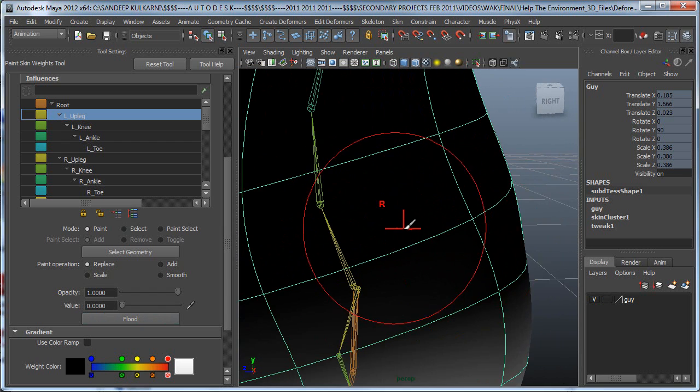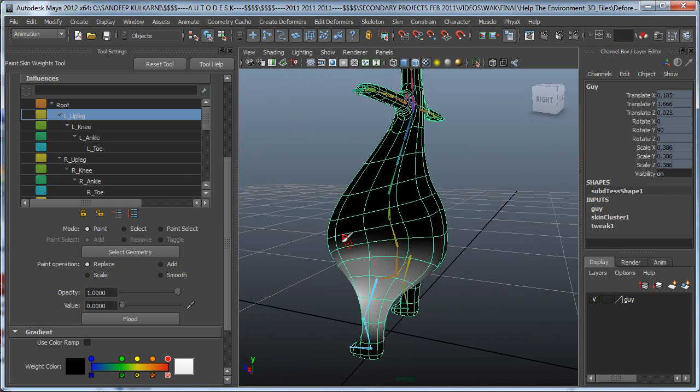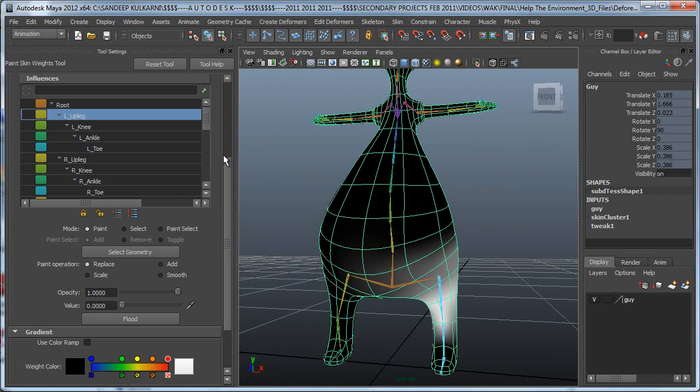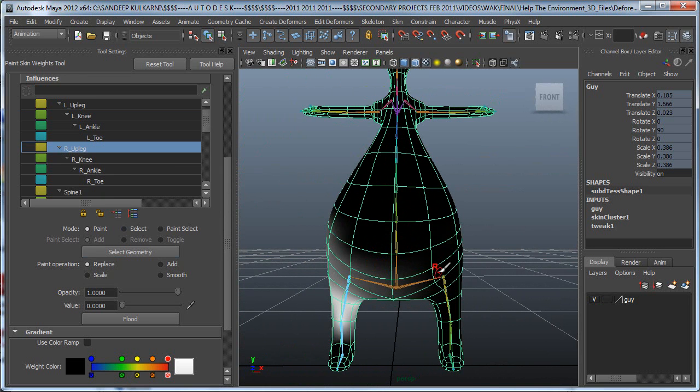And always remember, you do not paint on a face. You always paint on a vertex. It's all about weighting your vertices. You can see right there. So with that, you will start checking all the sides, and you can also mirror in this case,